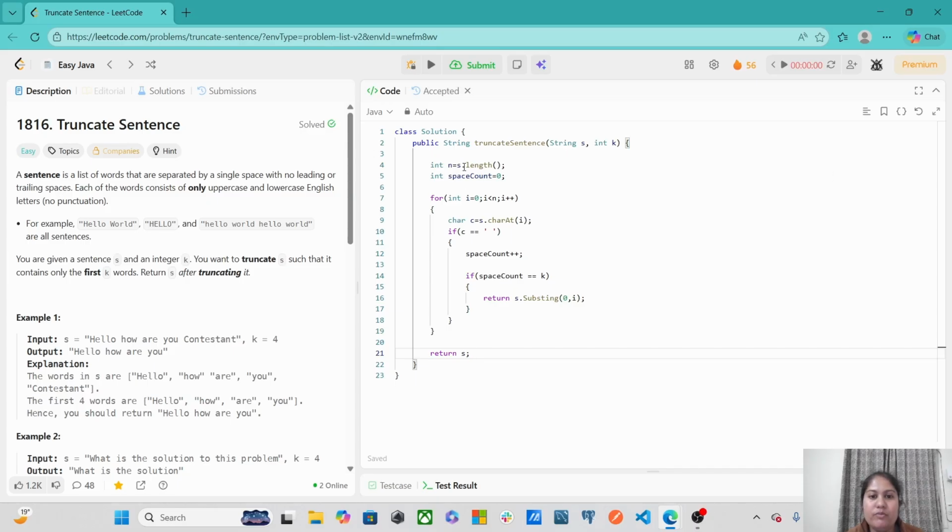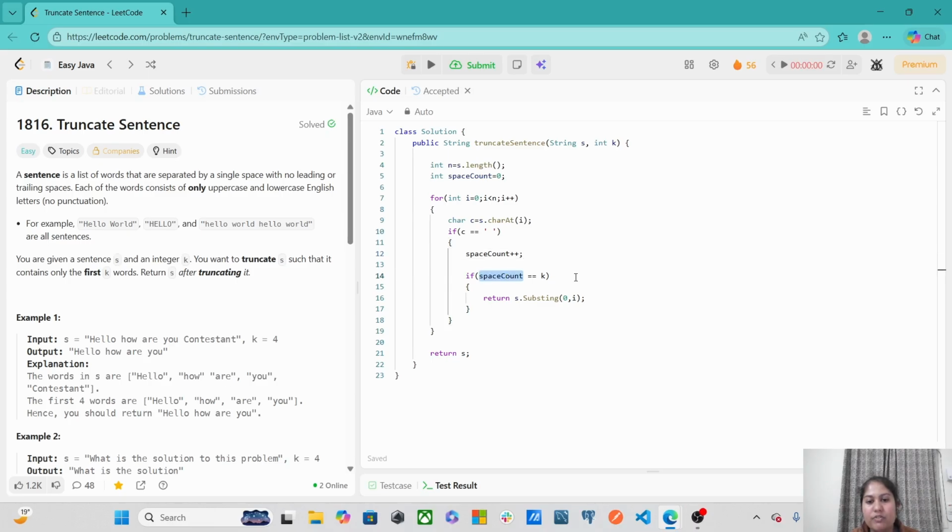What we are doing? We are first taking out the length of the string, making a count variable to count the spaces present in the string, traversing through the whole string and checking each character whether it is a space or not, and if it is a space, then we are incrementing our space count variable.